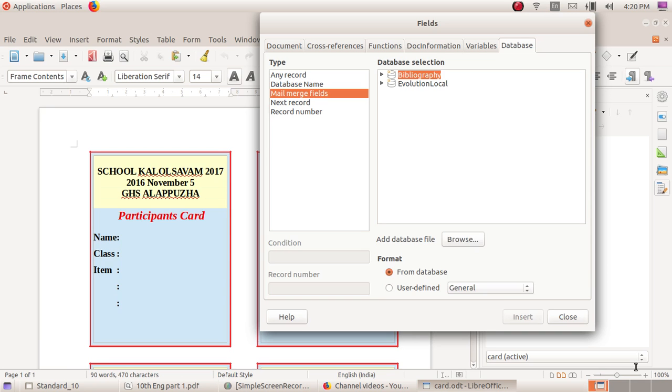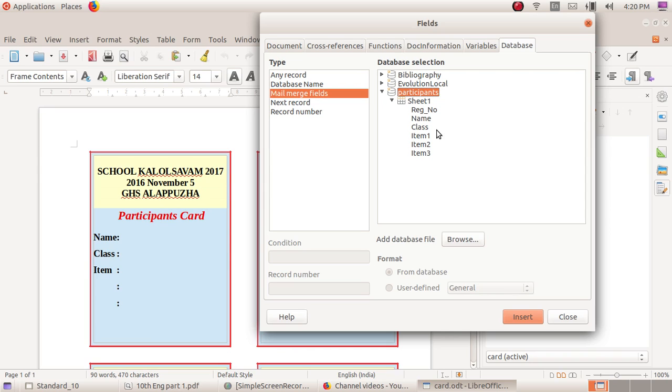Then click on this arrow, Sheet1. You can see register number, name, class, item 1, item 2, item 3 fields in your database. In your participant card there is no register number, so leave it, no problem.